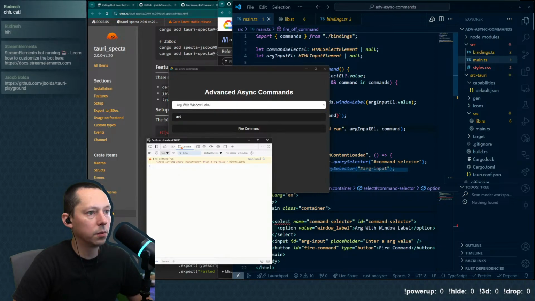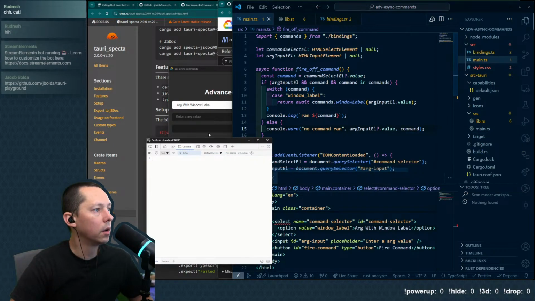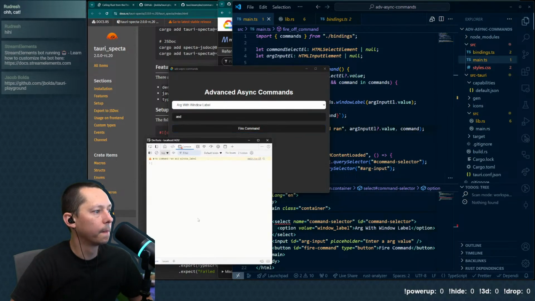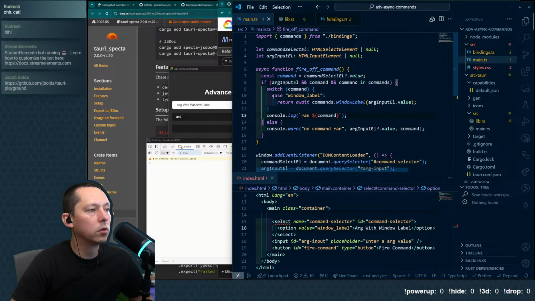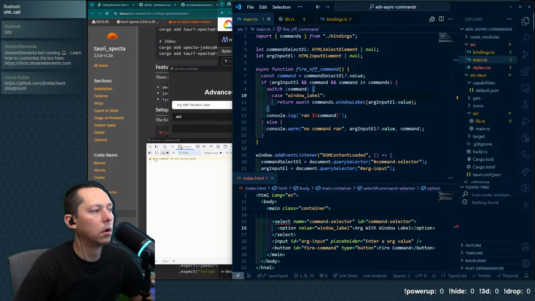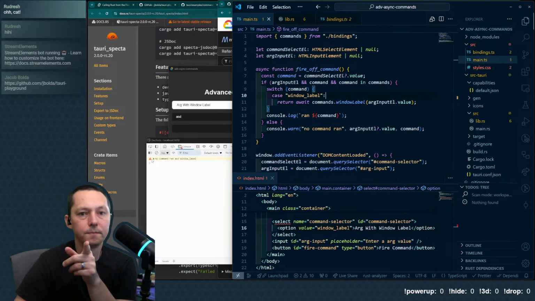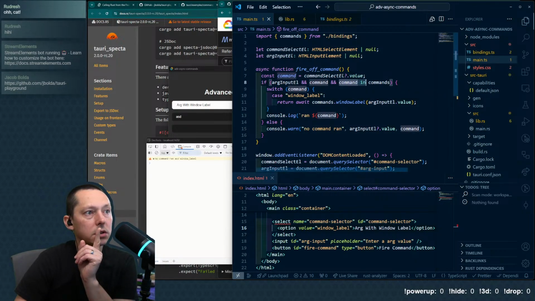We get the placeholder value and the command. So no command ran window label. We are looking for command window label. So it should be going here. We should be getting, because I changed the command signature.